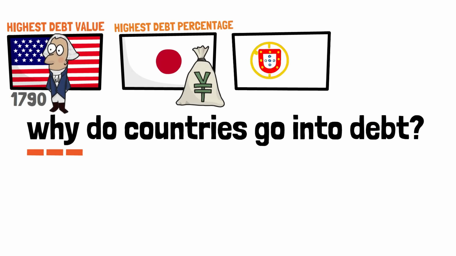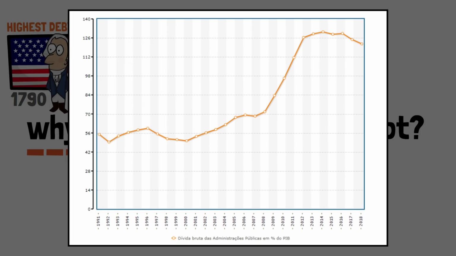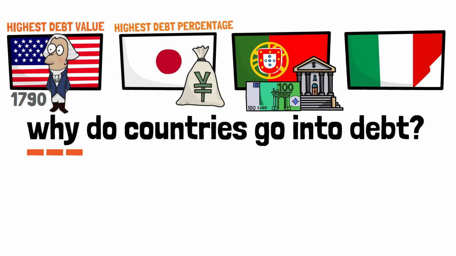In Portugal, for instance, growing debt had been a little bit of an issue since the early 90s, but it became more aggravated with the 2012 financial crisis. The difficulties experienced by the country's banking sector required state intervention, and this intervention in turn led to a government debt crisis. And in Italy, the debt is a legacy of the 1980s, when the Minister of the Treasury and